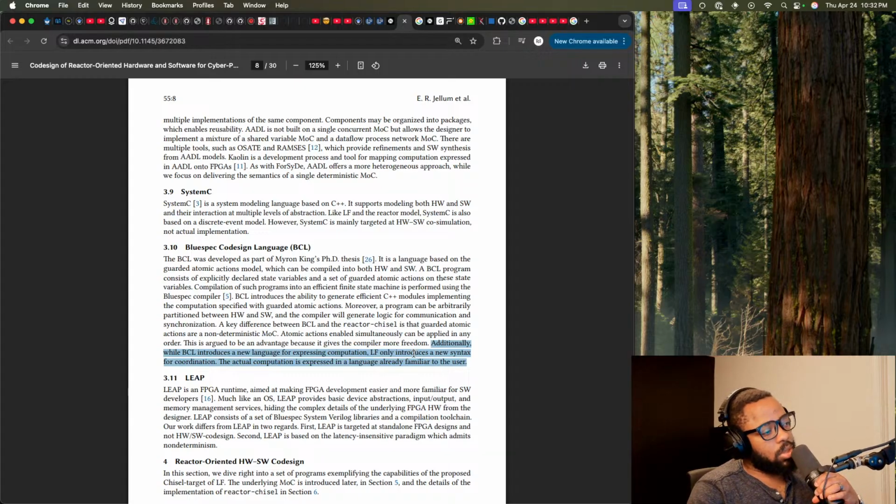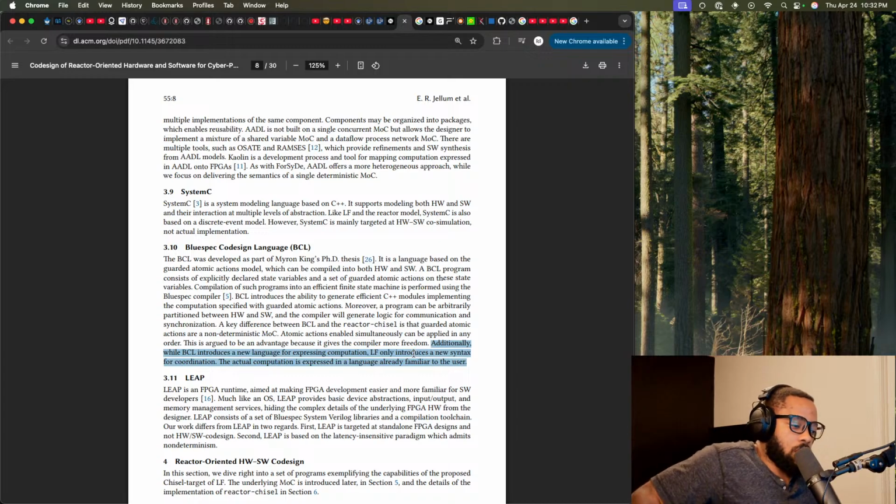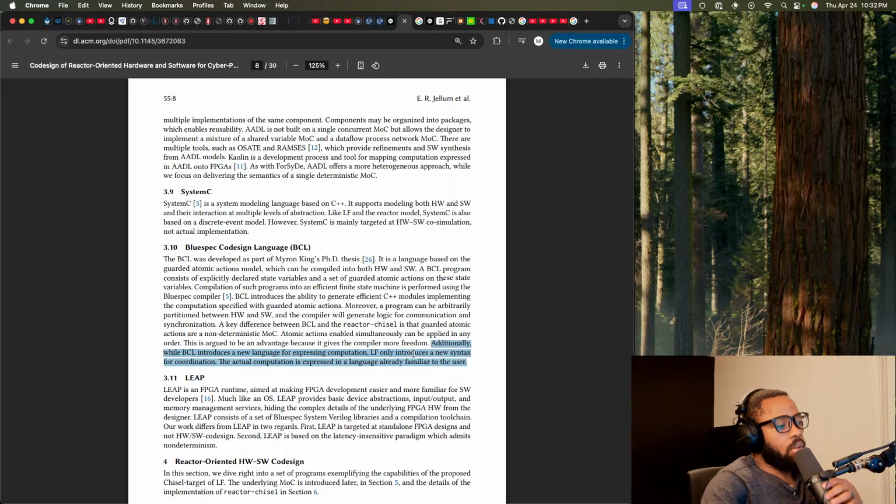But I'm also saying that maybe at some point it may want to be its own language, just because it doesn't have to carry a lot of the rust of its target languages.